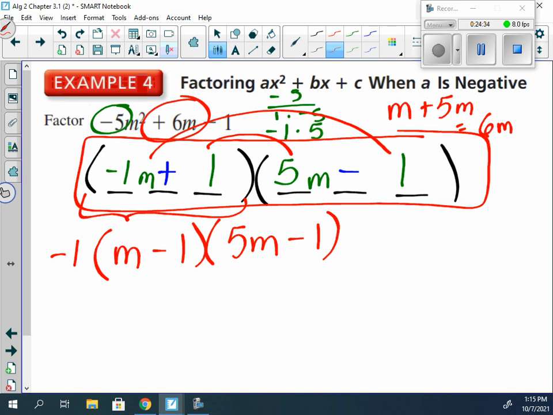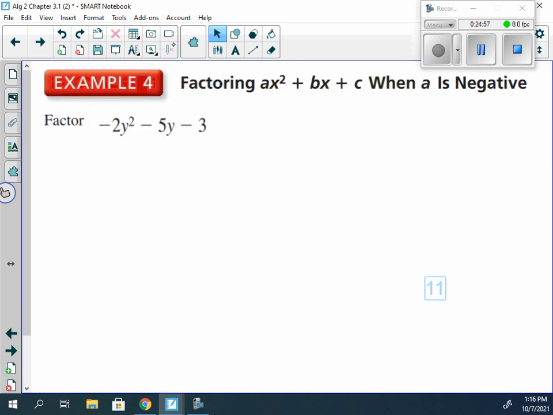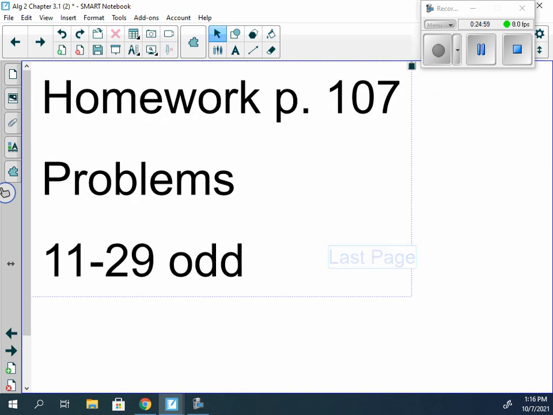So it gives us the same thing, but because when we factored out the -5, we only had 5. We only had 1 set of factors. We don't have this 2 set to work with. So I think it's a little bit easier to factor the -1 out and then factor it than to leave it in. But it's not wrong to leave it in either. And that's it. And this is your homework for